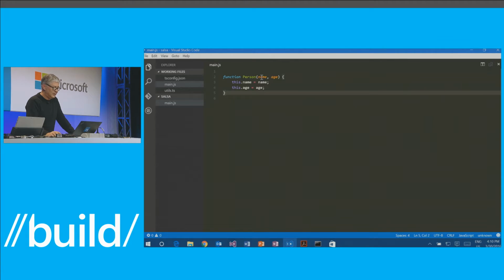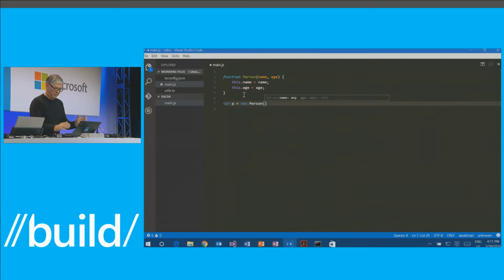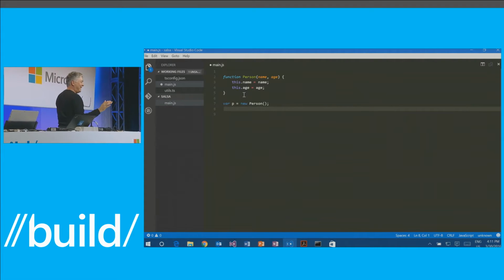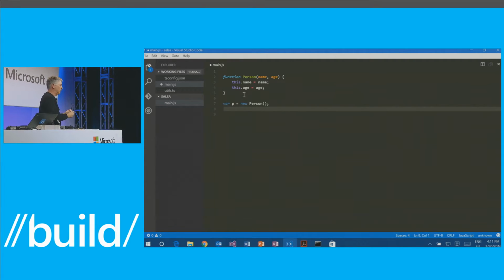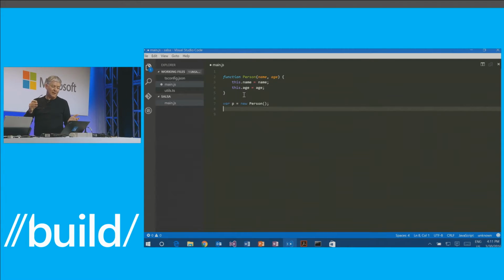And you see here a function that is a constructor function, but we don't know anything about any of the types, obviously. So I can say var p equals new person. And we can show you that there's a person function, but we don't know what you're supposed to pass to it. In fact, it's JavaScript. You can pass nothing to it. That's perfectly fine in JavaScript, right? I mean, you can do whatever you want to do in JavaScript. We can help you a little bit. Right? We can try to make you write the code right, but it's JavaScript.